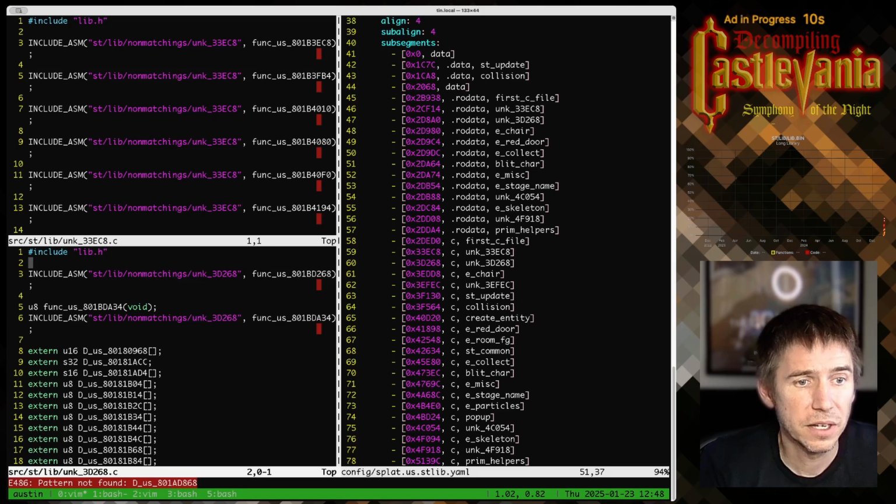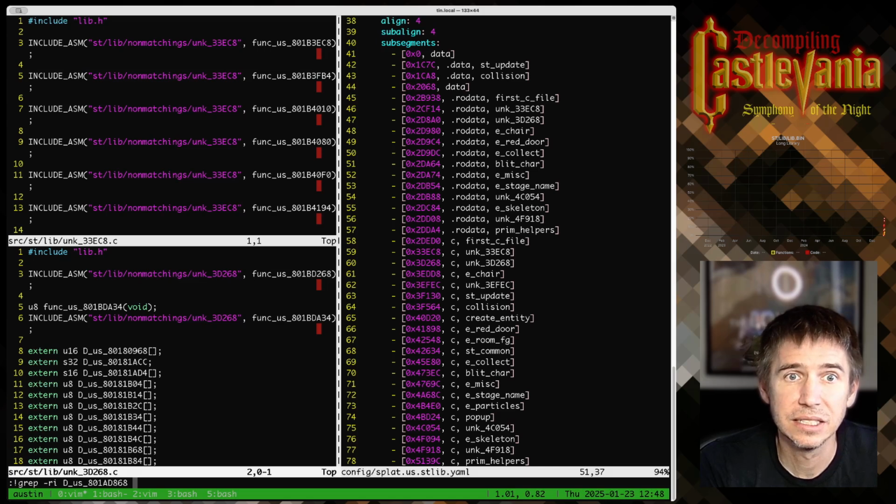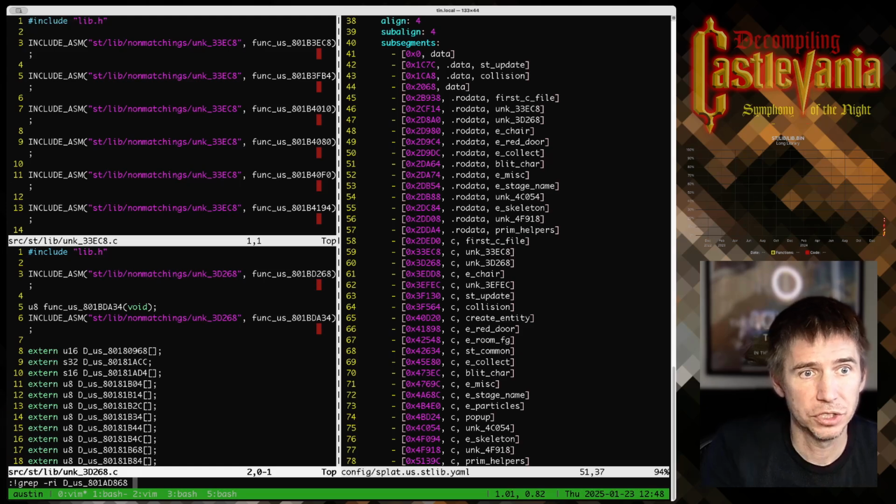All right, so we have undefined references to some data at D868, which should be RO data